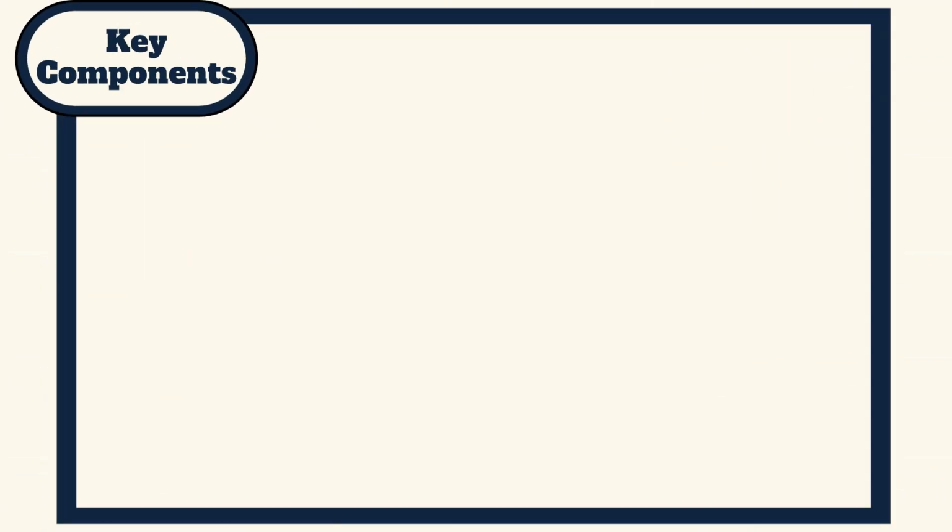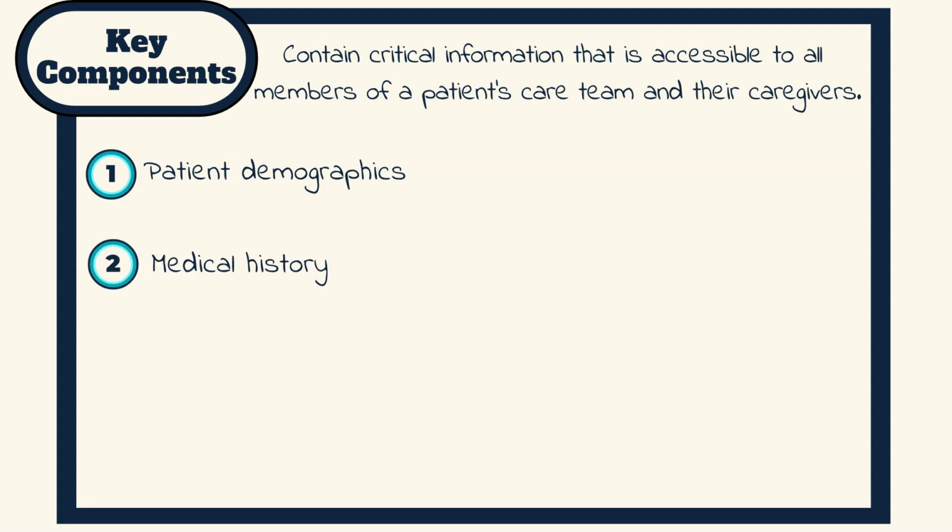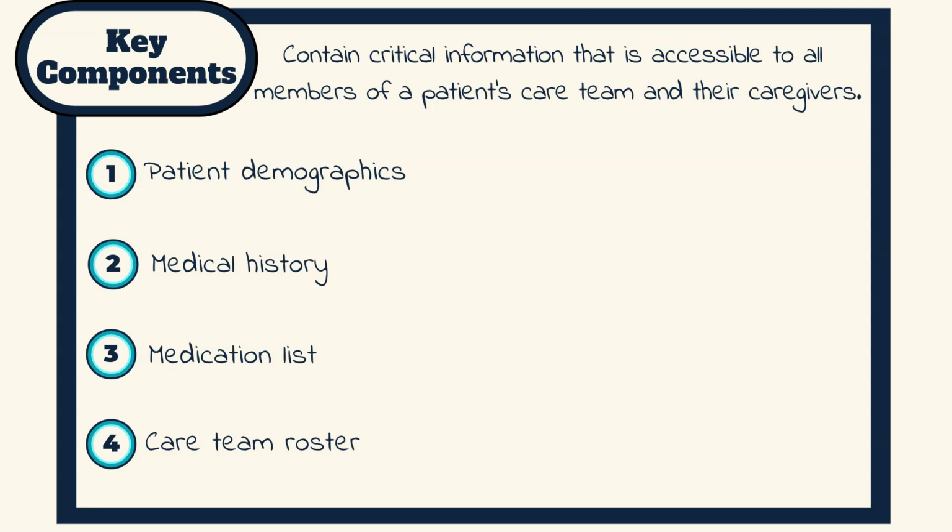What are some of the key components of care plans? Effective care plans contain critical information that is accessible to all members of a patient's care team and their caregivers. This includes a variety of factors, such as patient demographics, which is a patient's personal information, emergency contacts, and insurance details; medical history, which contains a list of all current and past medical conditions, including chronic illnesses and mental health conditions; medication list, including all medications, dosages, and potential side effects;